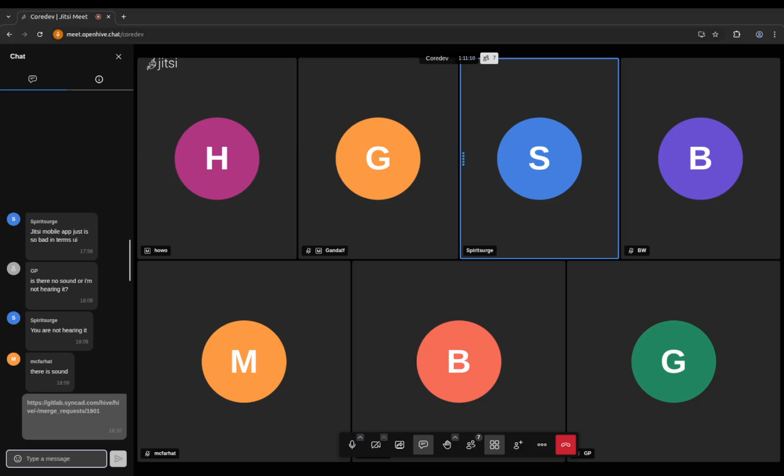So just to clarify, I have a question. Is it converted Hive before it's awarded, or does it remain converted Hive after it's awarded? Like in terms of the operations, does a converted Hive convert to Hive? Operations-wise, no. It's actual Hive that you would receive. Is it just display? Is it displayed as converted Hive, or is it going to convert in the UI in the front end, or is it going to convert in the back end? It's not going to be a separate field in the schema. It's just like instead of paying out HBD, it's going to pay out Hive. So the UI will just display